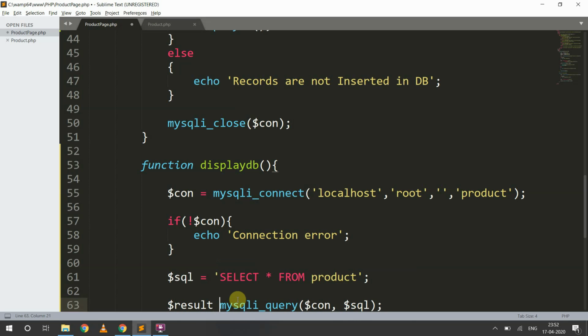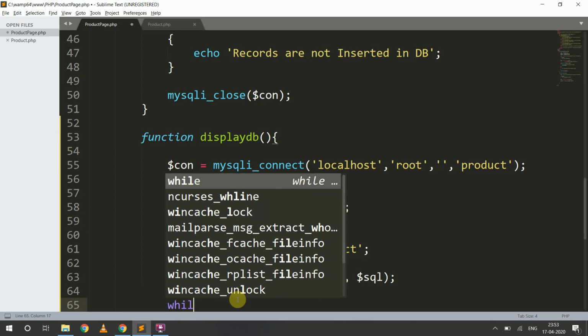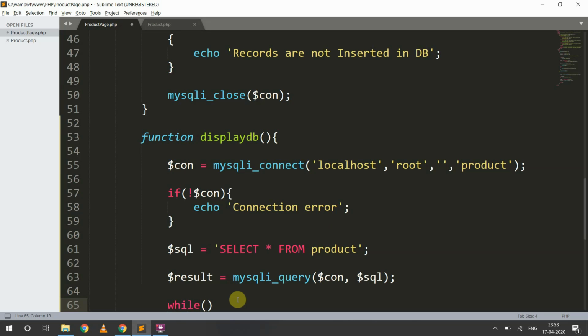We will store these records into a result data variable. Once it has fetched all the records, we will retrieve all records line by line, you can say row by row. To do the same thing, I'll use a simple while loop where I will put the record into, let's say, one row